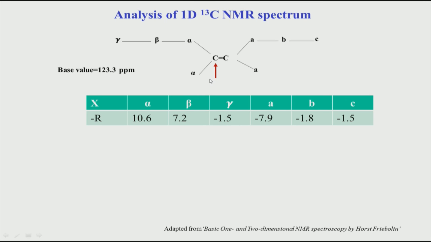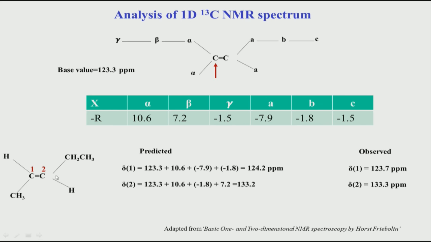So, we are now trying to calculate the chemical shift of this carbon. Okay. So, this carbon where the arrow mark is shown, we are going to calculate based on substituents at these positions. So, let us look at this molecule here. There is a hydrogen here, there is CH3 here, there is CH2, CH3. So, you can see that now look at this corresponding picture here. So, our A is CH2, B is CH3 and this alpha is CH3. So, if you use all these values here, you can do the prediction.